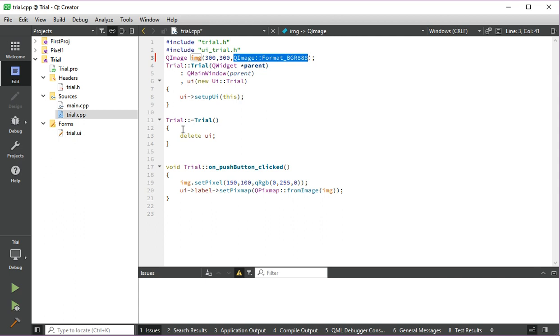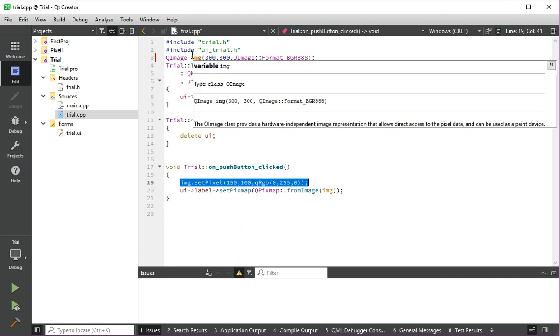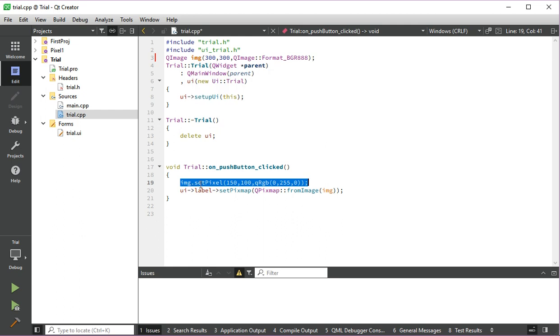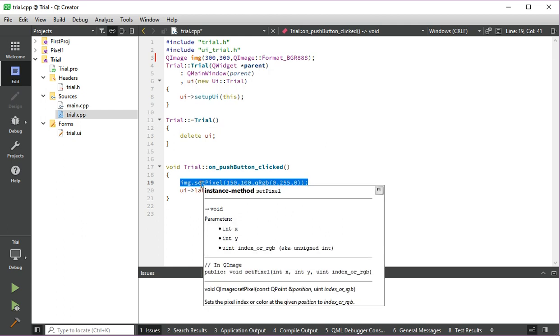After this you don't have to make any changes here. At the last, on the push button, we have to perform the click event activity. On the click event, I have given this statement. Here we are using the image object that has been created of QImage. So image dot setPixel, on that particular